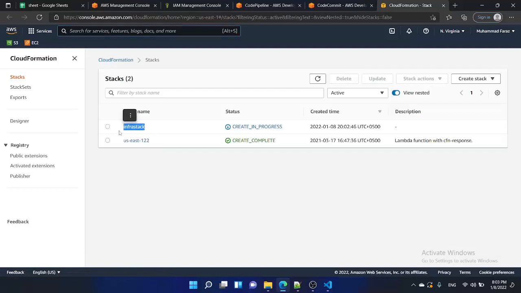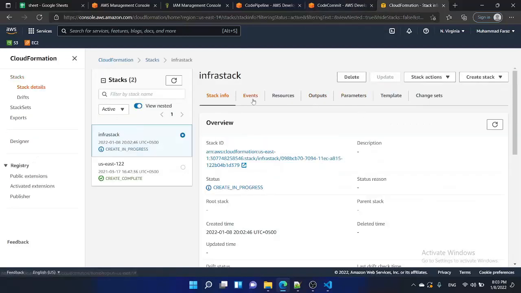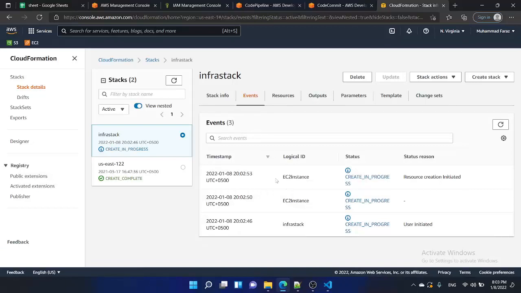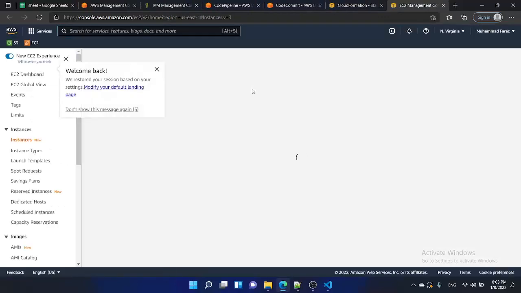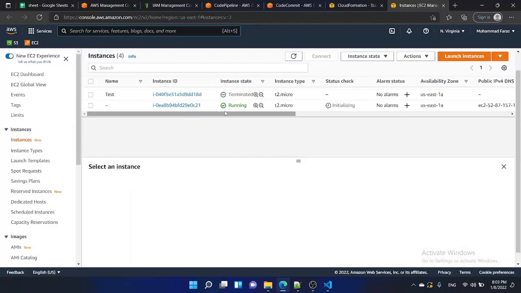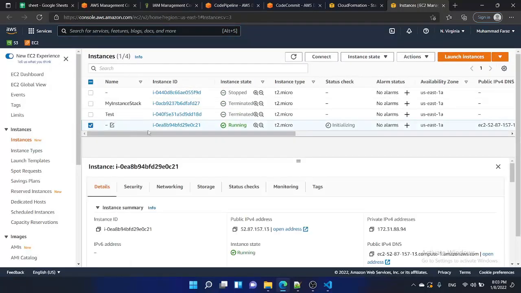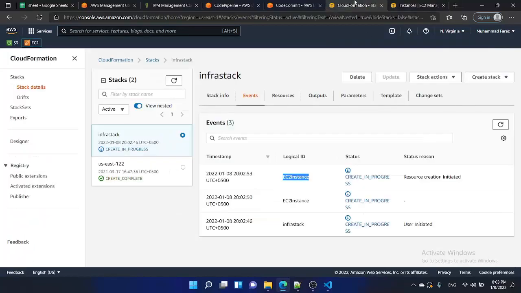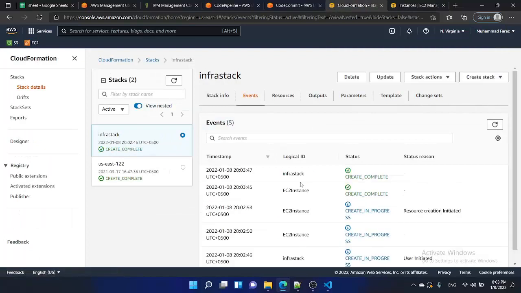Our infra stack is created. Just go inside the stack and go to the events. So our EC2 instance is getting created. Now go to the EC2 instance. So this is the instance we just got created. Our instance is created, and